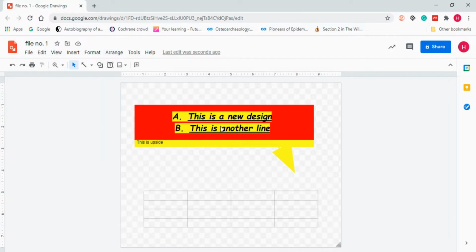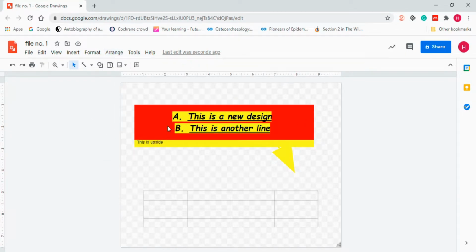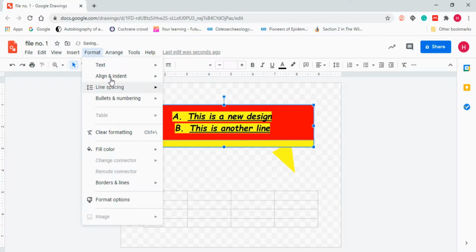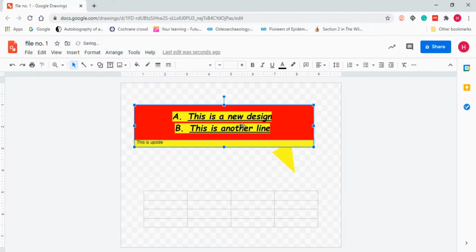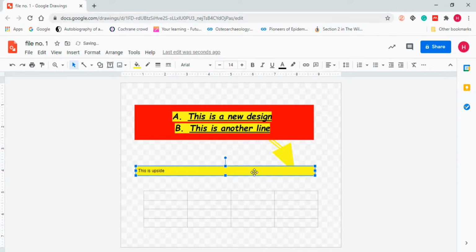Apart from that, we have another option for alignment also. When you click on it, you will see there is no alignment option, but the alignment option will work when you select two objects. Align will come. You can see it is left. You can always go to arrange, align, center. Now that depends on different things. Let me explain. Now I want to select both of them. I want to make this the main thing and this a temporary thing which will move alongside according to this.